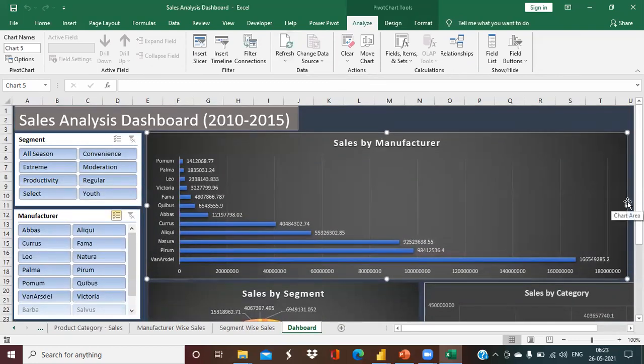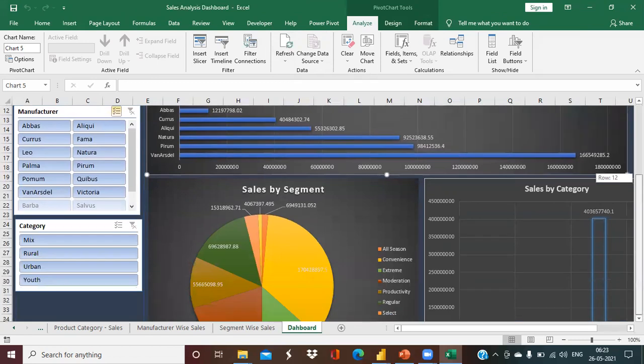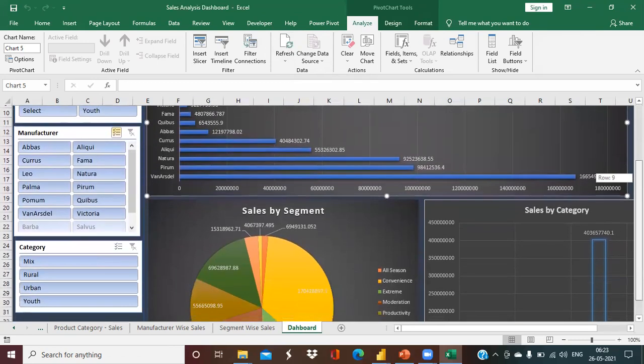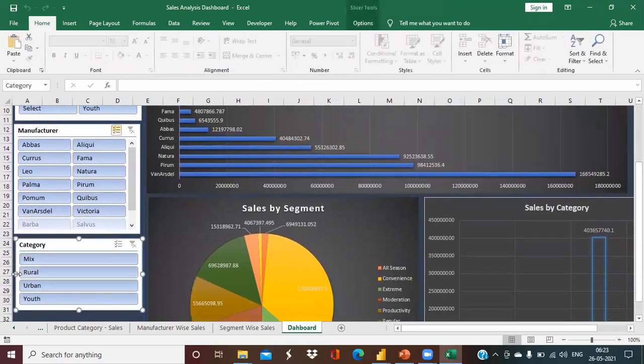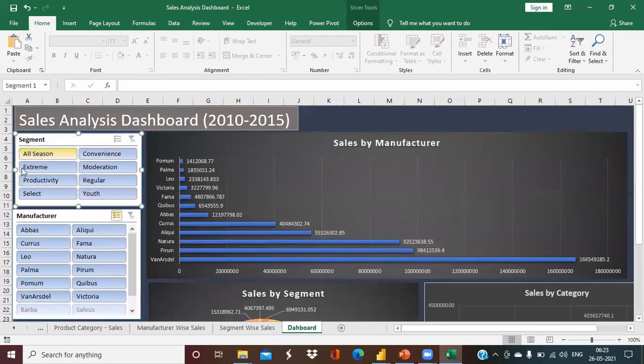I am very happy that I'm able to see my dashboard giving me the analysis based on segment, based on manufacturer wise. It is giving me analysis based on category wise of products. That's absolutely fine, and my team is so happy with this. But my manager is so greedy. He wants me to do the analysis by annual reports as well, or maybe quarter reports, or maybe month report for each and every segment, monthly report, weekly report, that as well.